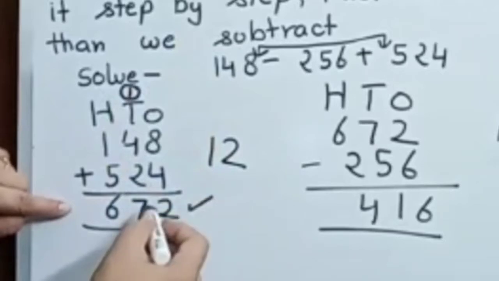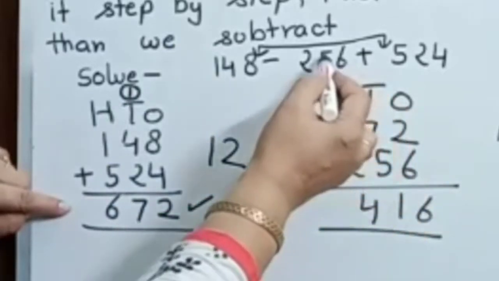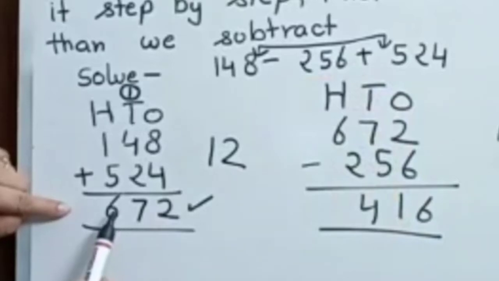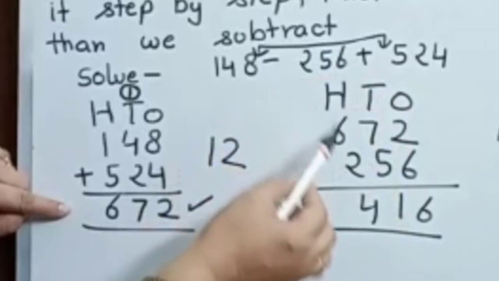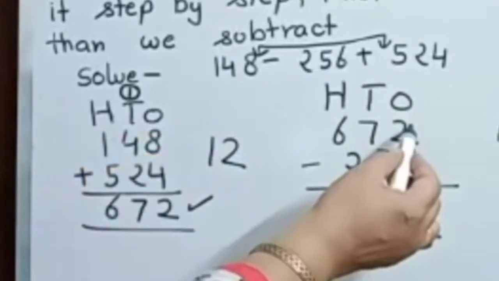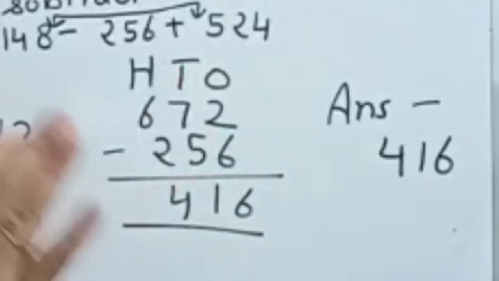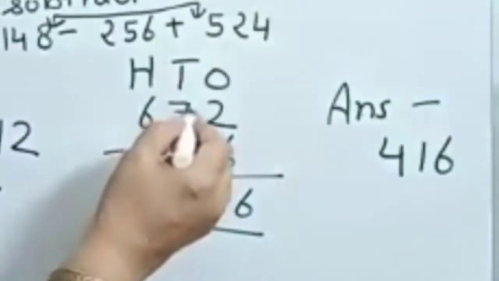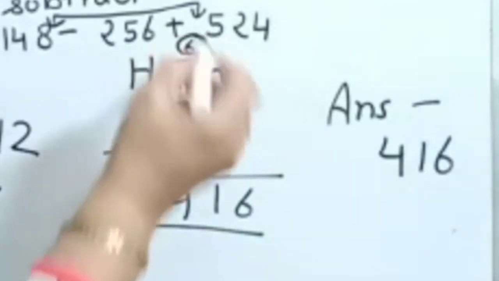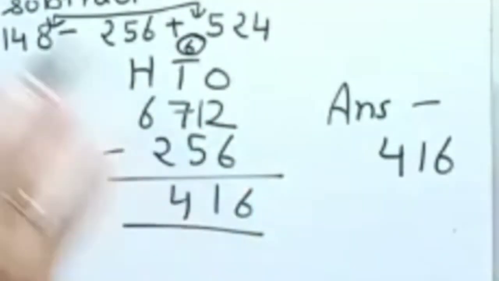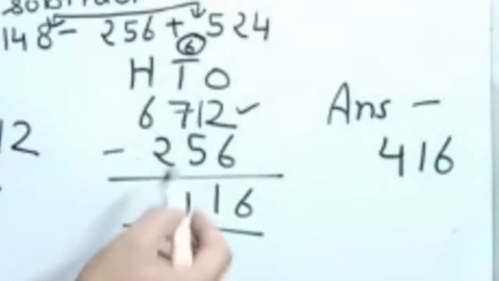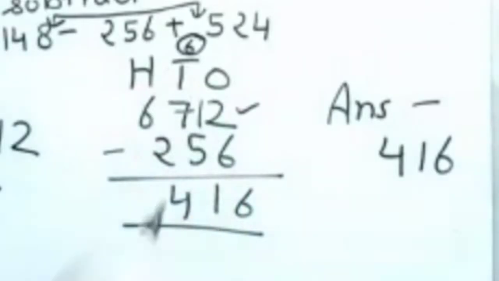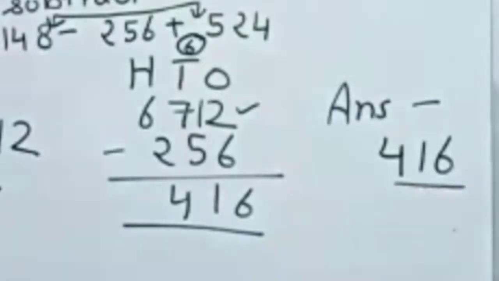Now this is the answer. So you again take it here and then minus this number. See it very carefully. Take this 672 here and then minus 256. Now 2 minus 6, not possible. You know the rule of borrowing. Take one number from here. Here it is 12 minus 6, it is possible. Why? Bigger number is upper side. 12 minus 6, 6 is here. Then 6 minus 5, 1 is here. 6 minus 2, 4 is here. So the answer is 416.